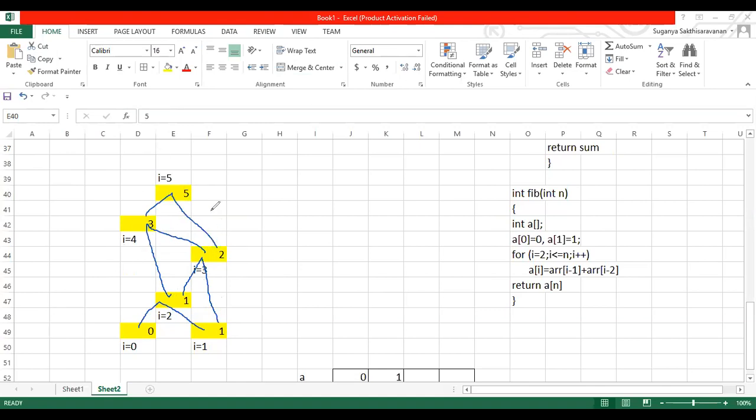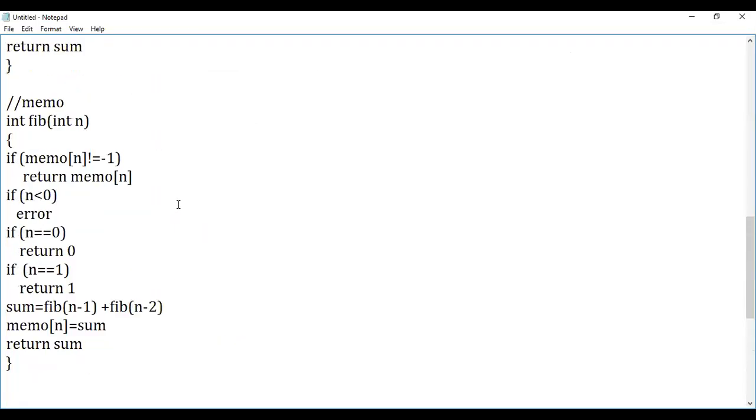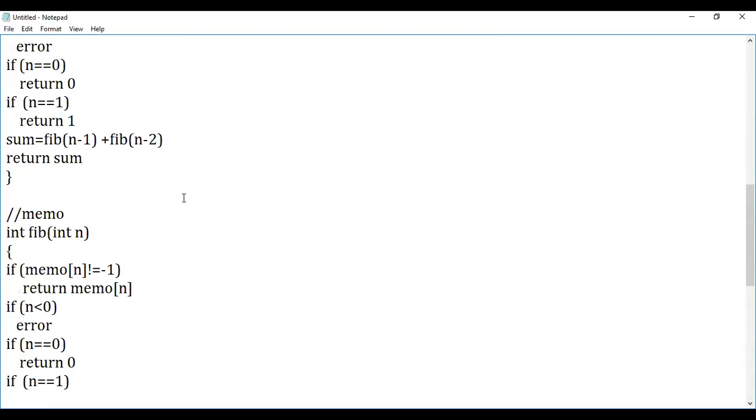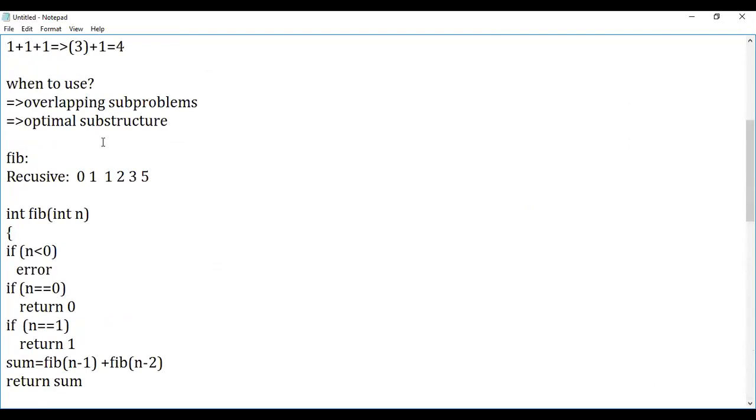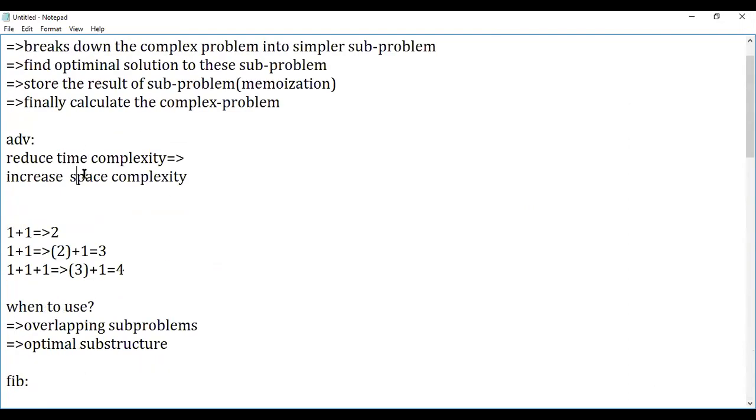So mostly we will be using this approach, guys. Bottom-up approach we'll be using. The tabular method will be used for solving complex programs. So I guess I made you clear what is the difference between your normal recursive approach and the two other methods for implementing dynamic programming. So in dynamic programming, we know that it increases our space complexity, but time-wise it is reduced. And all the subproblems are going to be stored.